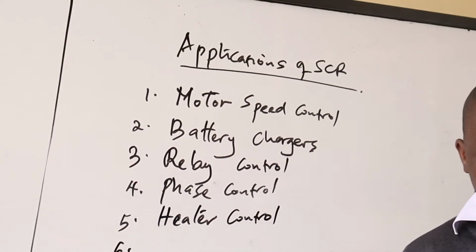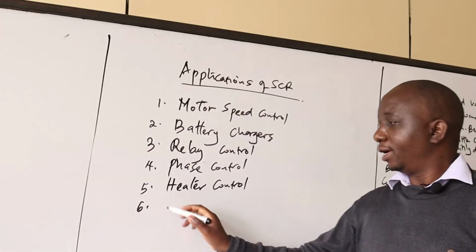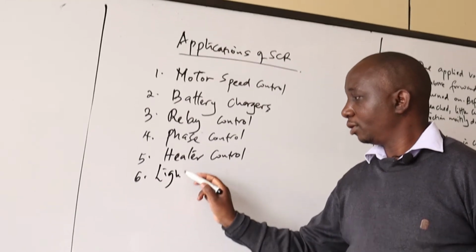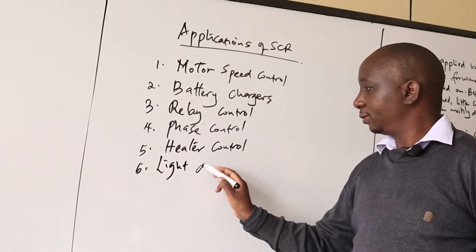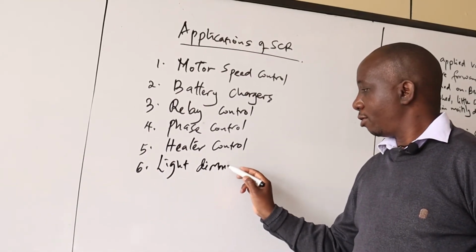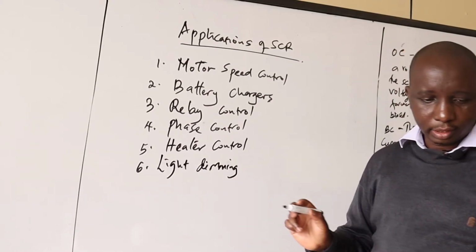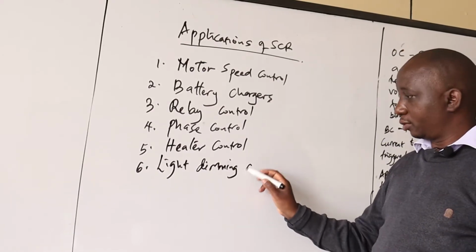And lastly, number six, there are so many, but let us just study some of the things we need to utilize. Light dimming in disco lights, light dimming control